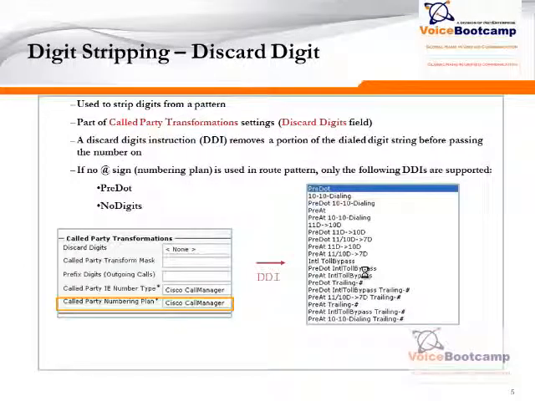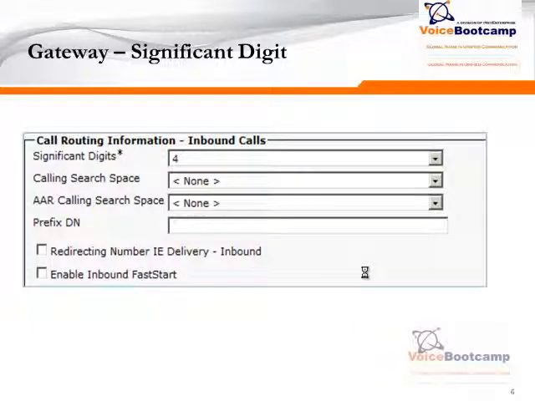Stripping digits, discard digits, is used to strip digits from a pattern. Part of the called party transformation settings, the discard digits field is used to remove numbers before the dot. Now if no @ sign is used, the only discard digits instruction that can be used is pre-dot or no digits. The discard digits instruction removes a portion of a dialed number digit string before passing the number on. Every voice gateway, whether it's an MGCP